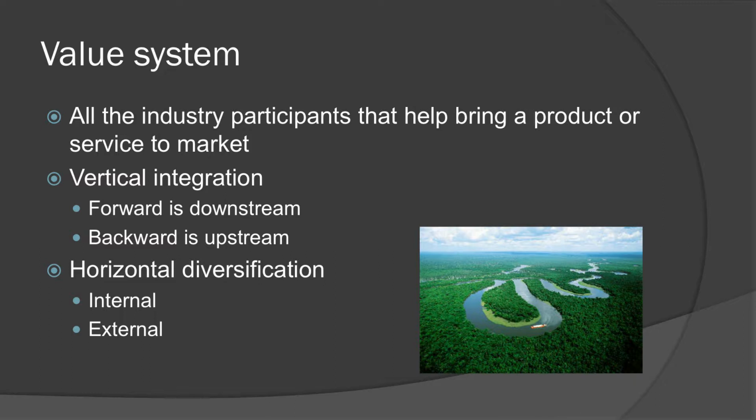So a couple of terms, right? We already talked about vertical integration. So you can go downstream and it's forward, upstream and it's backward vertical integration. And then horizontal diversification, not integration, is when you go outside of your industry. And if you develop that with resources internal to your firm, we call that internal diversification. And if it's by working with a firm outside, either acquiring it, joint venture, partnerships, then that's external diversification.